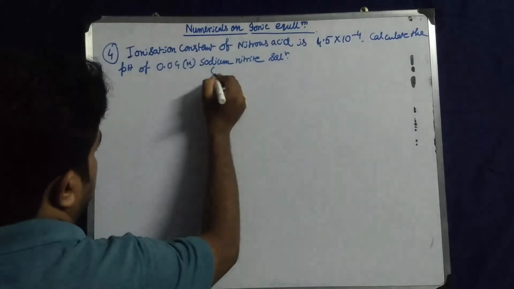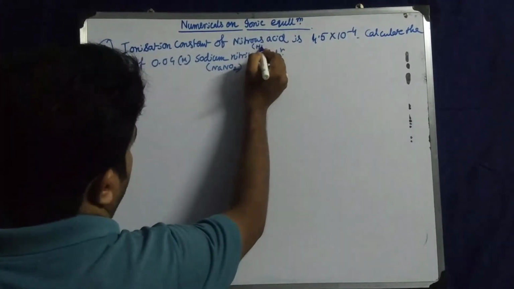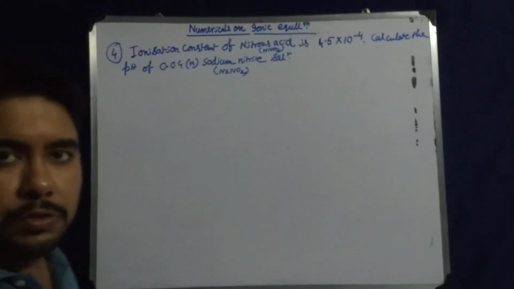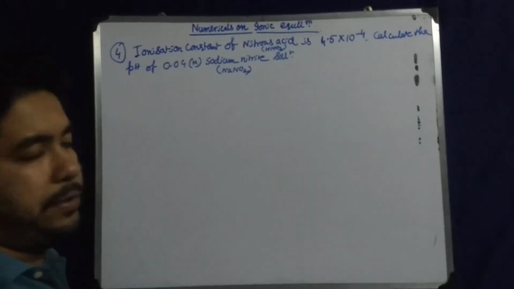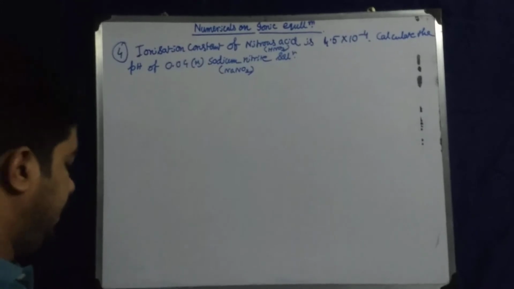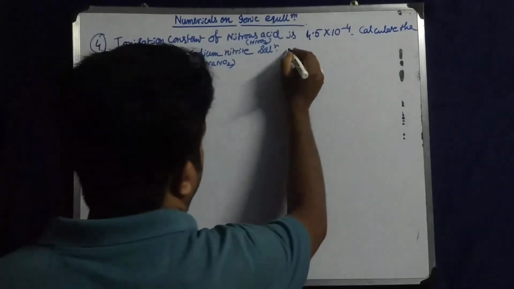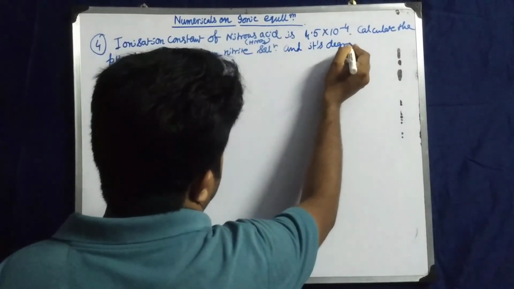You know that sodium nitrite means NaNO2 and nitrous acid means HNO2. Okay, nitrous acid means HNO2, nitric acid is HNO3 and HNO2 is nitrous acid. Therefore, the sodium nitrite is NaNO2. Sodium nitrate is NaNO3. Okay, nitrous acid solution and its degree of